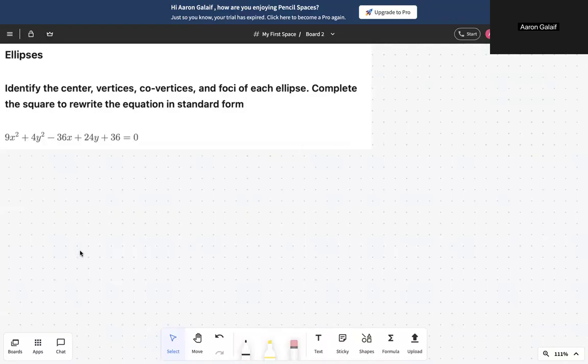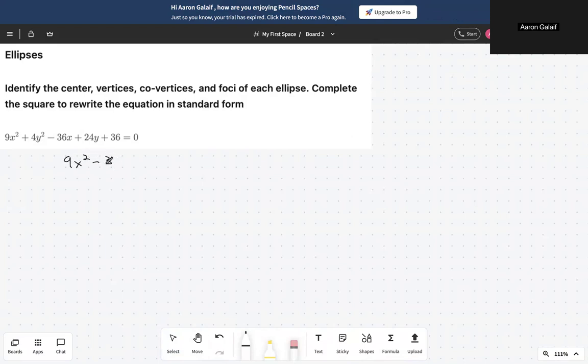Hello. In this video, we're going to go over how to solve for the standard form of an ellipse using completing the square. Now, if you notice the difference between this and completing the square on circles is that the x squares and the y squares have coefficients in front of them. This is what makes it an ellipse instead of a circle. Okay, so the first thing we're going to do, just like the circles, is we're going to get our